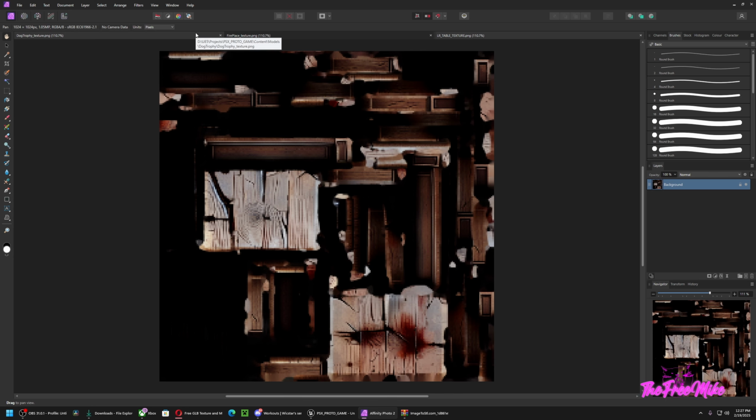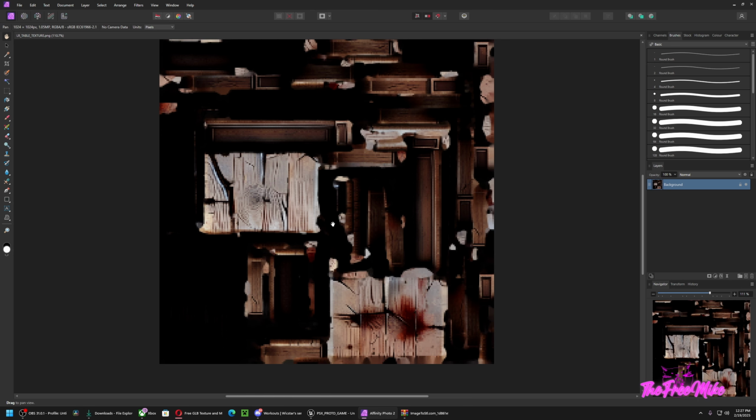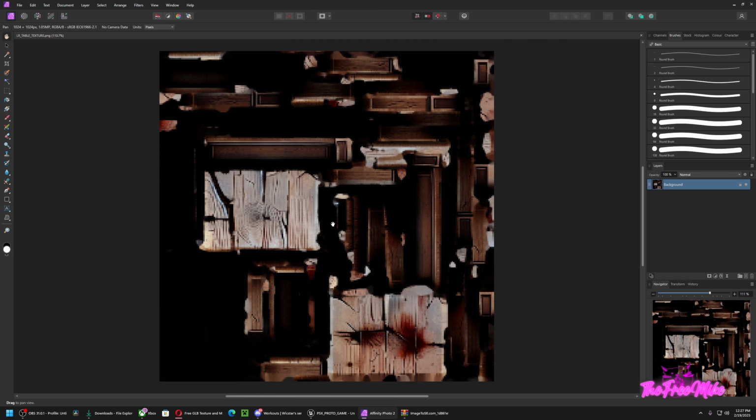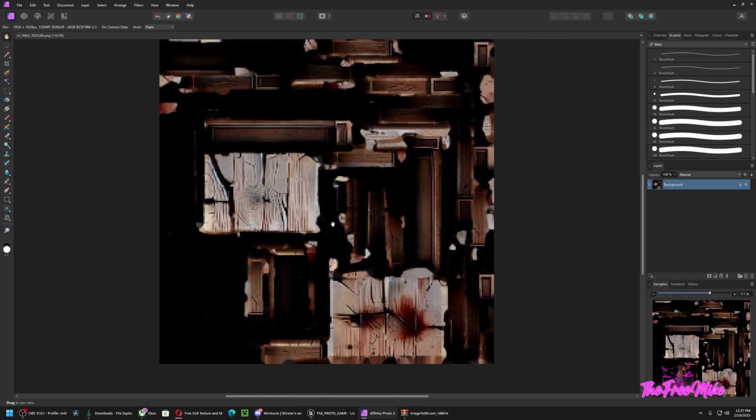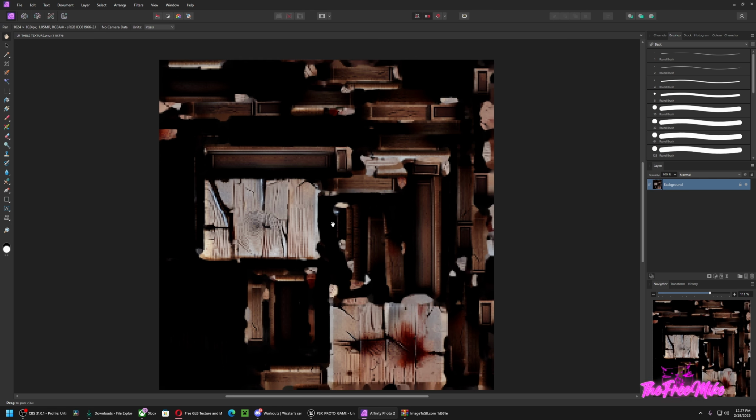Shape flatten. Okay. This is a bit overly pixelated also, now I'm seeing it, but okay, so